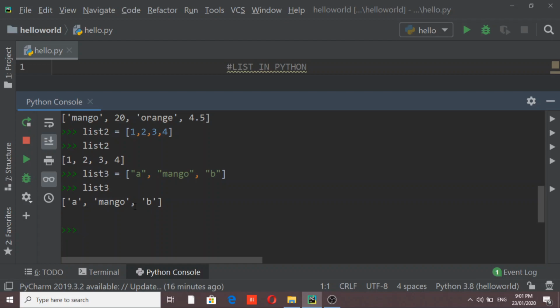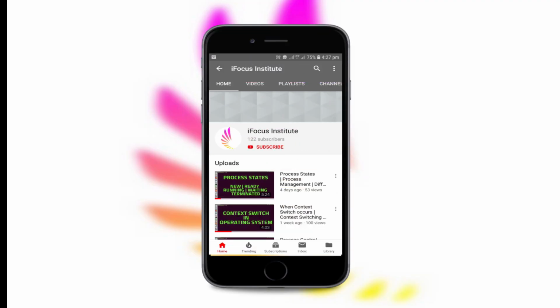Now if I want to access any element of these lists, the indexing of any list starts with 0. So if you consider an example of list3,